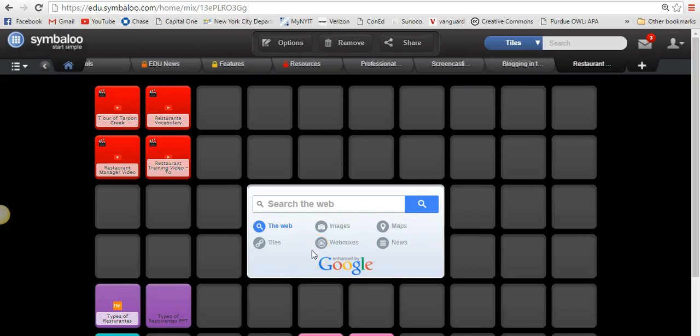To be introducing you to how to use Symbaloo and demonstrating how you could use it in your classroom. So Symbaloo is a web-based tool that allows you to digitally bookmark web resources. Symbaloo can be found at edu.symbaloo.com. For educators, you can create a free Symbaloo account, and if you would like to purchase this for your